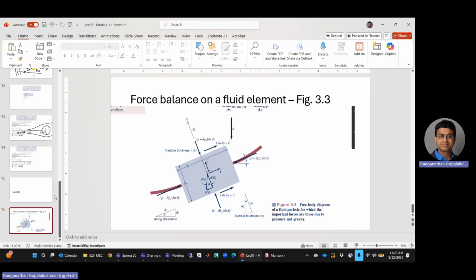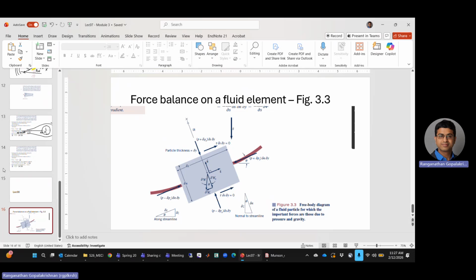Okay, so we are taking a fluid element whose shape is like a little rectangle. You can think of it as a little cuboid or a pillbox, except the third dimension comes along the plane of the paper or outside the plane of the paper. We don't have to directly worry about it now. We just stick to 2 dimensions for a minute. So delta S multiplied by delta N.